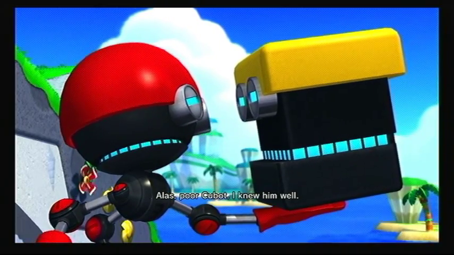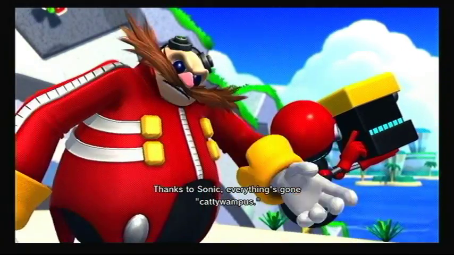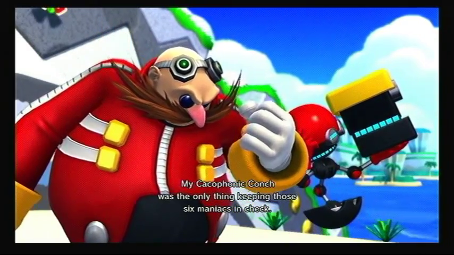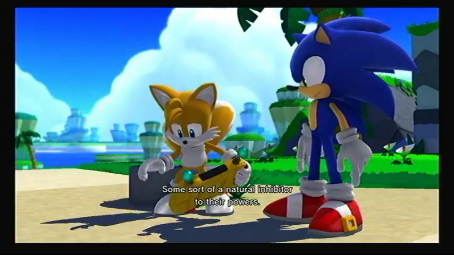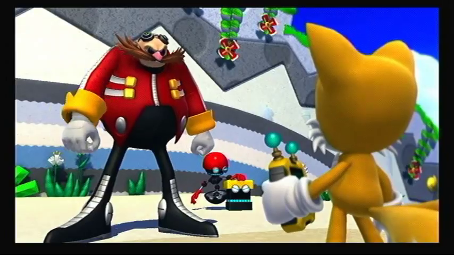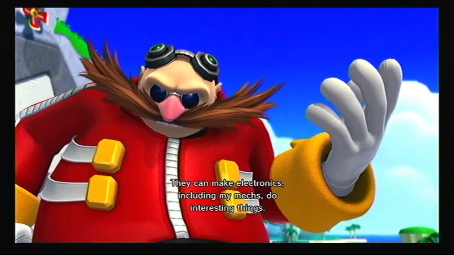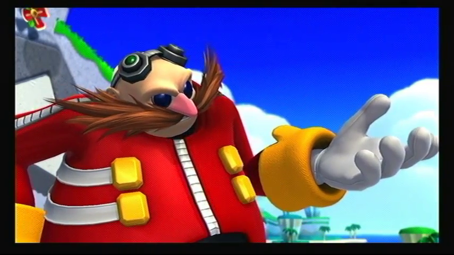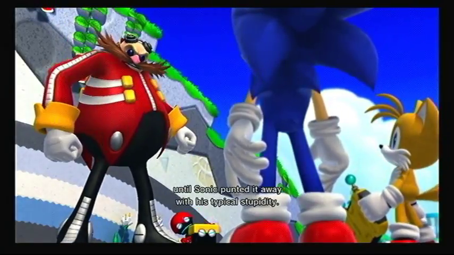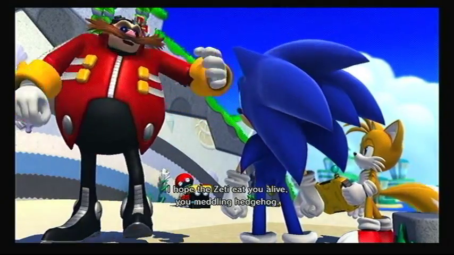Alas, poor Cubot. I knew him well. Arr! Me voice chips all cattywampus. Thanks to Sonic, everything's gone cattywampus. My cacophonic conch was the only thing keeping those 6 maniacs in check. Some sort of a natural inhibitor to their powers. Very painful. And very rare. The Zeti have an innate ability to manipulate magnetic fields. They can make electronics, including my mechs, do interesting things. I controlled those powers with the conch until Sonic punted it away with his typical stupidity. Well, get lost, Eggman, and let us get things under control. I hope the Zeti eat you alive, you